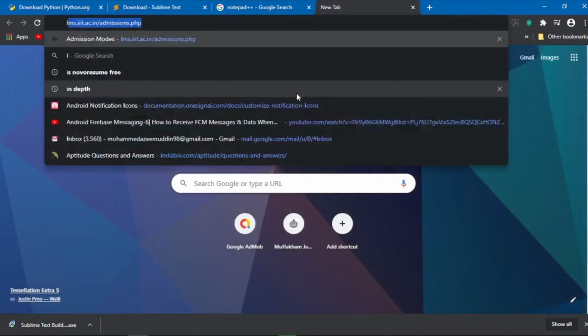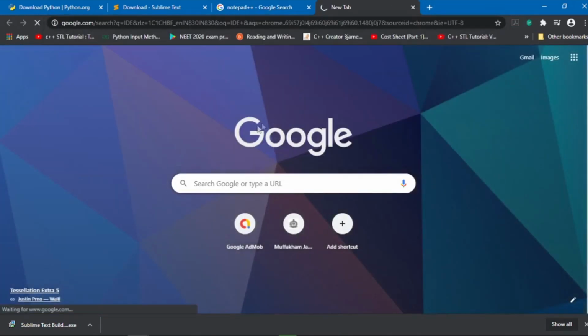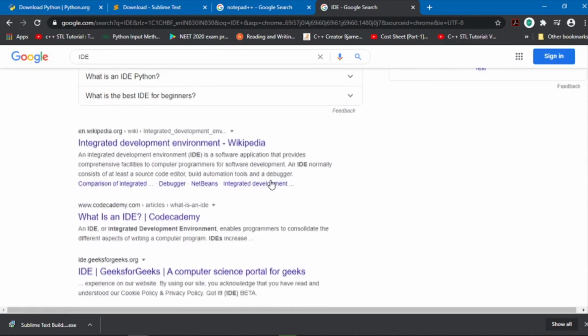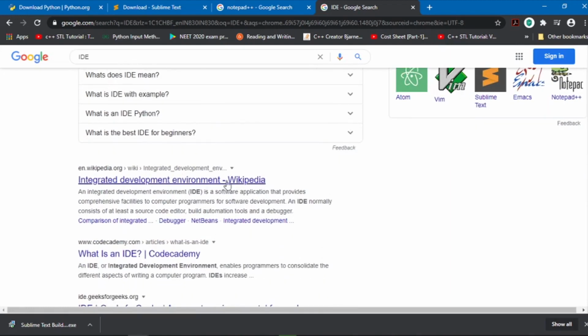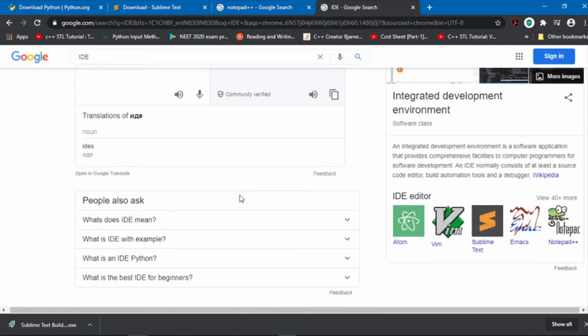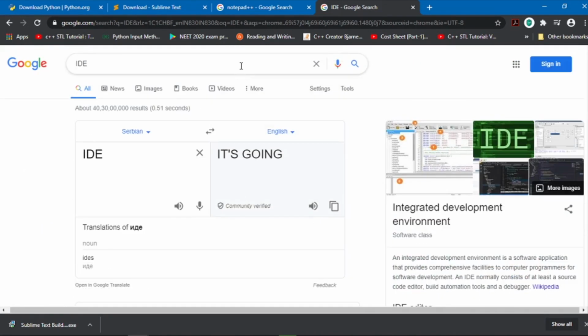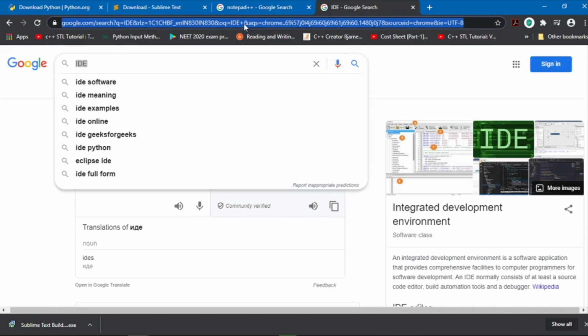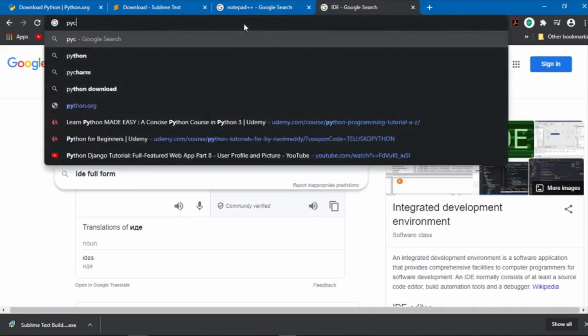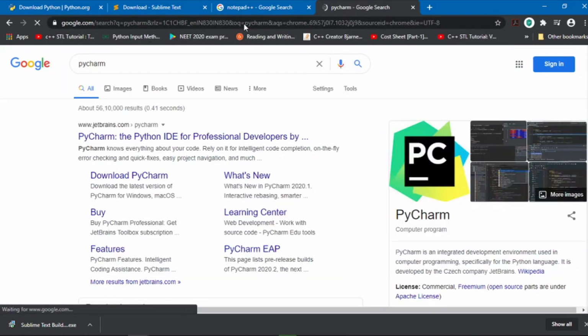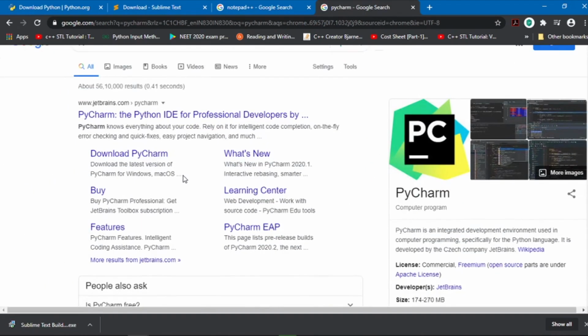If you want to use something called an IDE, that is Integrated Development Environment. So wait a minute, Integrated Development Environment. It is actually nothing but a small application that comes with debugging features, and the best IDE for Python is PyCharm. So this is also something that you can download, but we'll also not be using this. But in case you want to debug your program while you're writing it, you can download PyCharm,